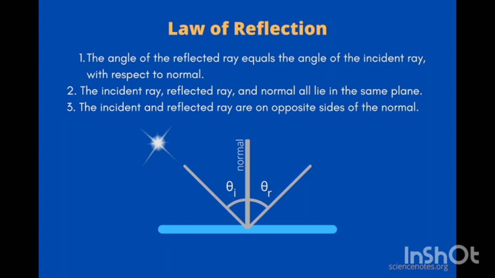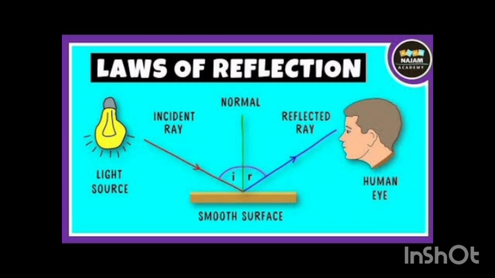Let us see the reflection of light by spherical mirrors. The first law of reflection tells us that a light ray incident at an angle with the normal at the point of incidence will get reflected, making an equal angle with the normal. This is true for all surfaces. It may be a plane surface or a curved one. The important thing here is the angle made with the normal at the point of incidence. If for any surface one can decide the normal and find the incident angle, it is possible to deduce the angle made by the reflected ray.